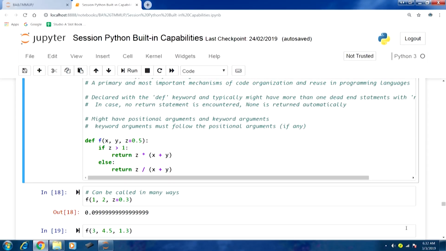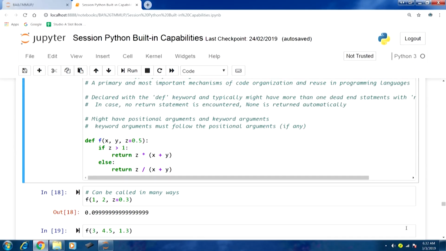If z greater than 1, then return this. This is one possible flow of execution. If the value of z happens to be greater than 1, then we will execute this statement, return z multiplied by x plus y in the parentheses. Once we reach the return statement, we will come out of the functional scope. There is another possibility: if z is not greater than 1, then we will reach the else block, and there we have another return statement.